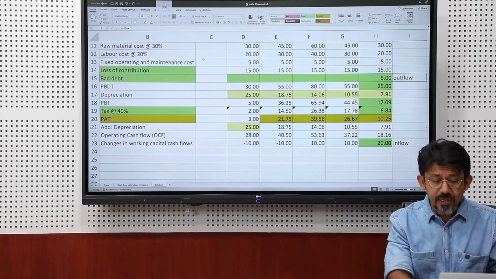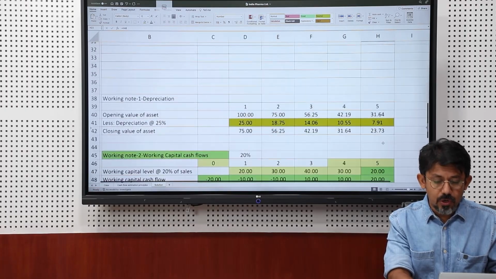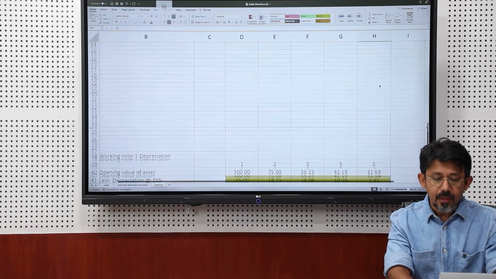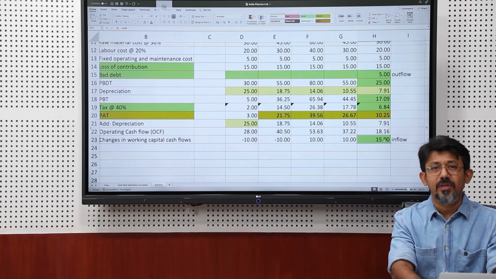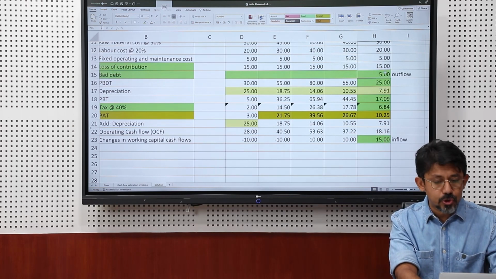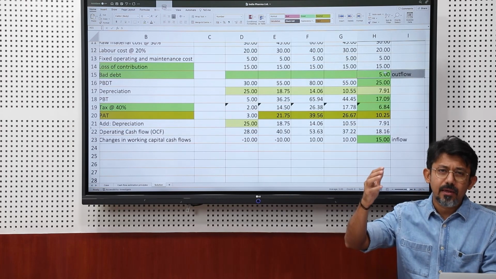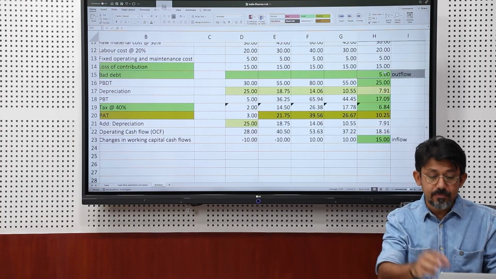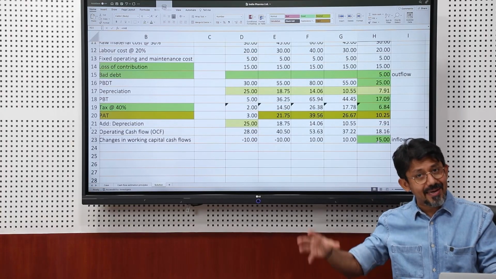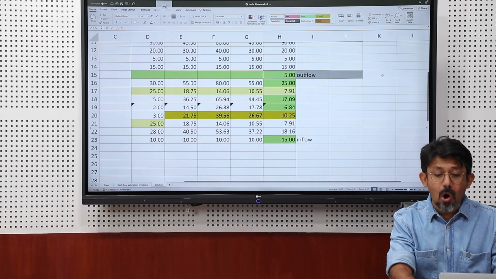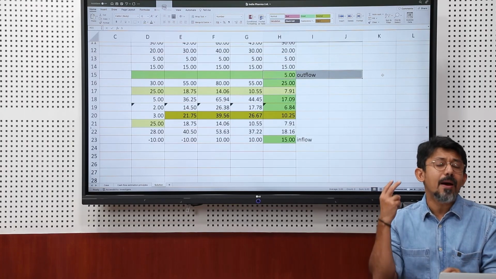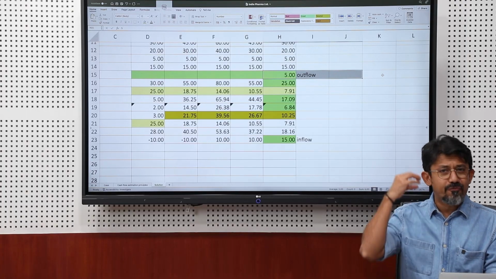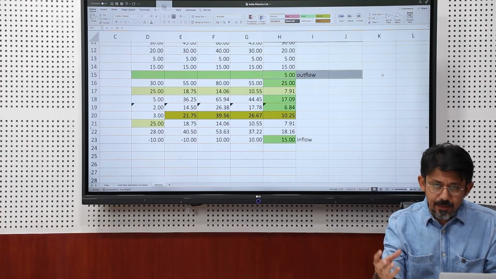The problem with showing 15 over here, either in the working note, so if I change this to 15 manually, and this amount also changes to 15, then please understand I cannot show 5 million as bad debt before PBT, alright, because I can't be writing 5 million as an outflow 2 times, once over here, 20 minus 5, and another time along with all other expenses. If I write 5, then I am double accounting it. So, that is incorrect. Because I want to write 5 million before PBT, because it is a tax deductible expense,